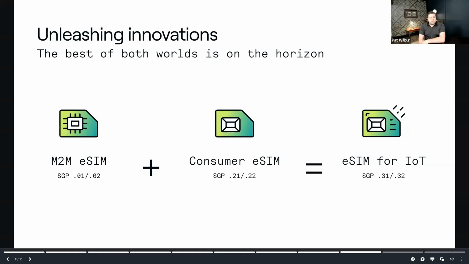profiles, there is another spec called SGP.41 that's currently being drafted to address how to standardize loading profiles during product manufacturing. Secure and efficient logistics around profile information handling is perhaps one of the biggest challenges to buying a consumer eSIM off the shelf today and using it in an IoT device. And it's also a big challenge to future concepts like iSIM, which we're not really talking about today, but are